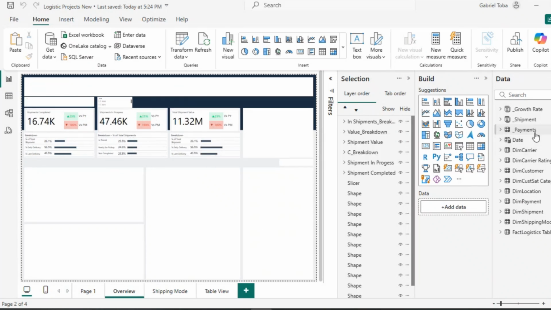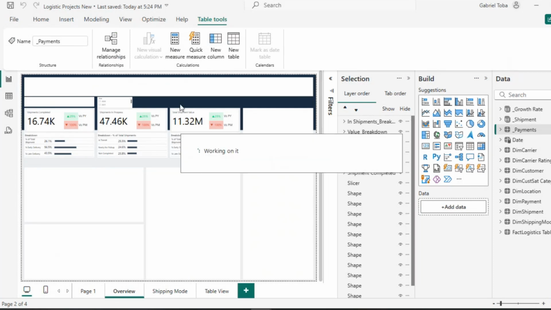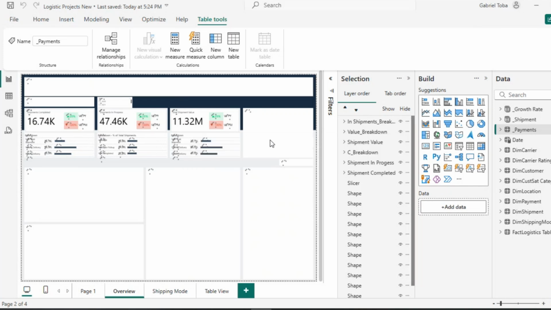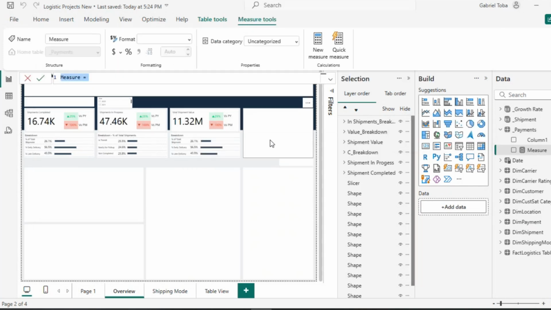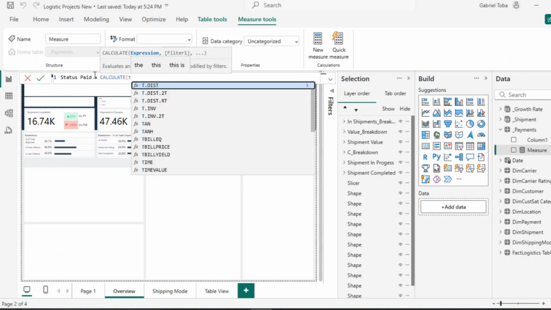I'll come here and then I'll do new measure. And the first thing we want to do is get the DAX for the total payments that have been made. We already have the total shipment value. So from the total shipment value, we want to check the payments that have been made by their payment status. So I'm going to say status paid equal to, I'll still use the calculate function, and then I'll say calculate. What I want to do is the total shipment value,